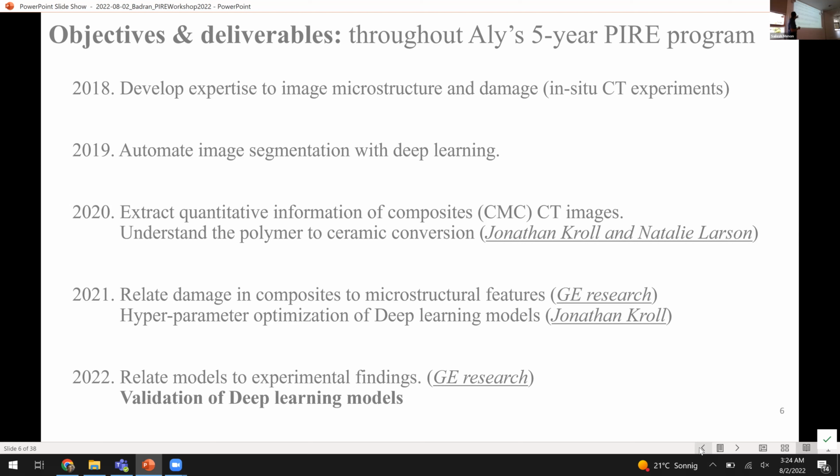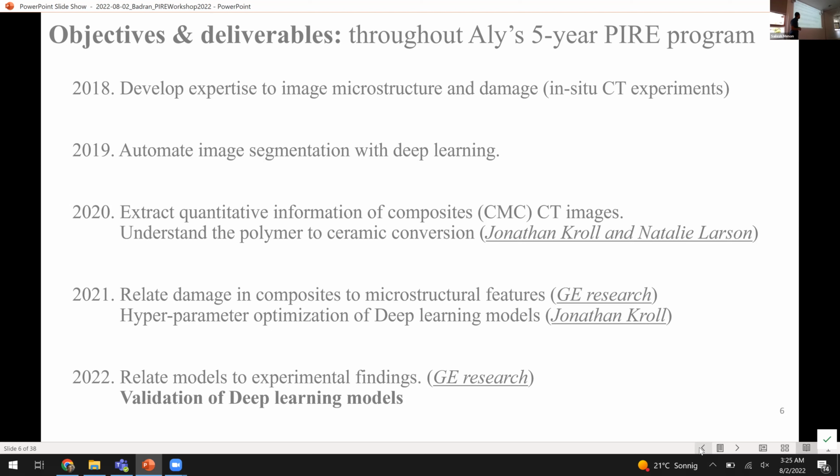In 2020, when we are all stuck at home, that allowed us to focus a little bit more on just extracting this quantitative information. And then Jonathan, where's Jonathan? Oh, hi. Jonathan and I worked on understanding the process of making a CMC, which is the polymer to ceramic